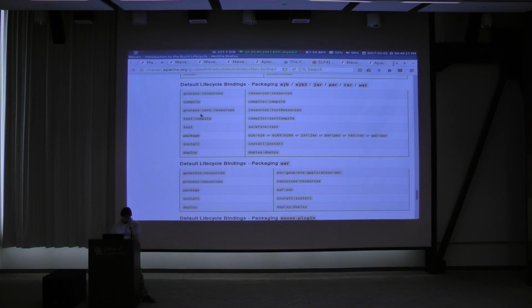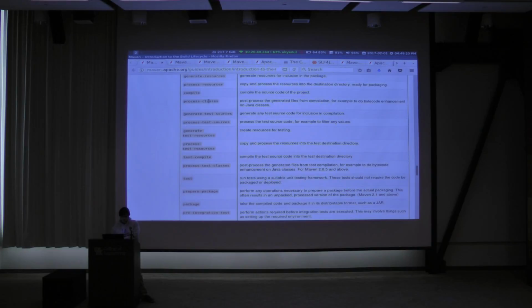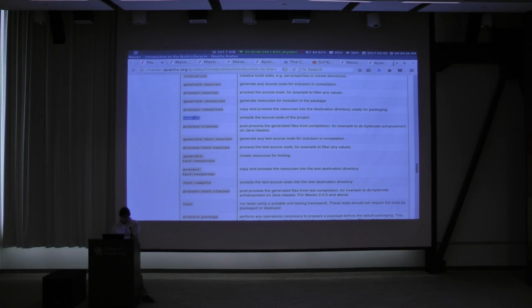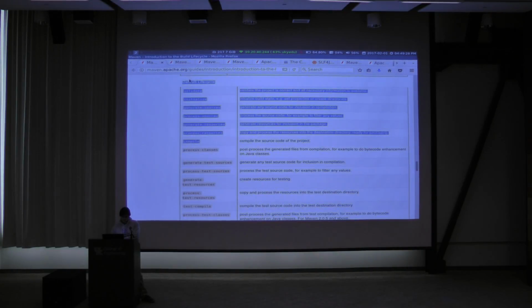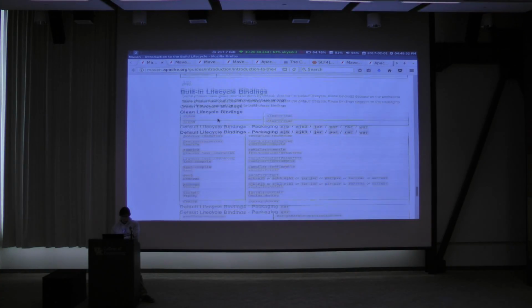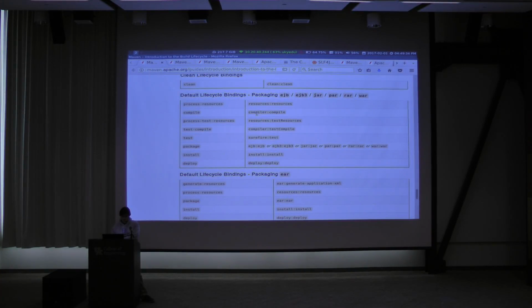Let's consider the compile phase, for instance. When I type Maven compile, it's going to run all of these from top to bottom order, but because the jar packaging type only binds to process resources and compile with these actions, I only expect to actually see 2 things if I do Maven compile.